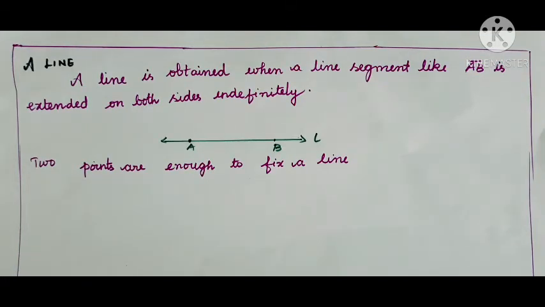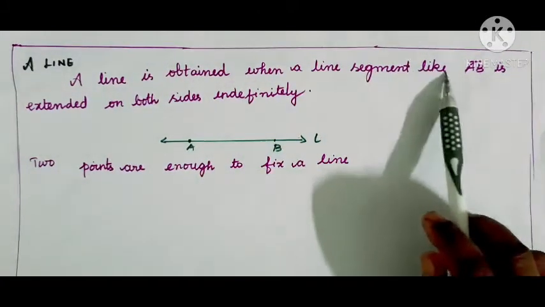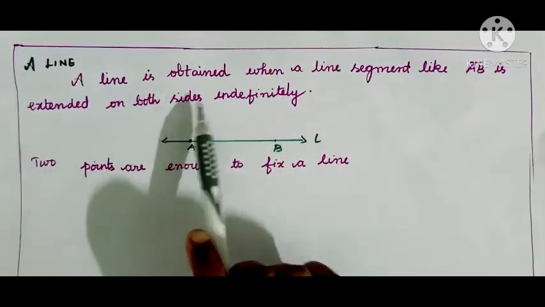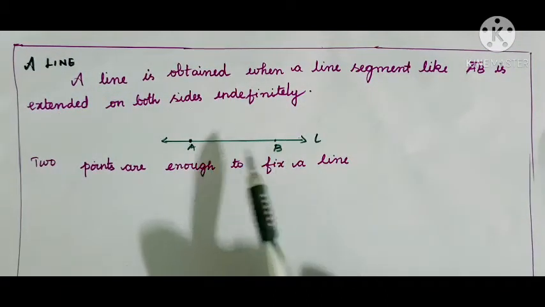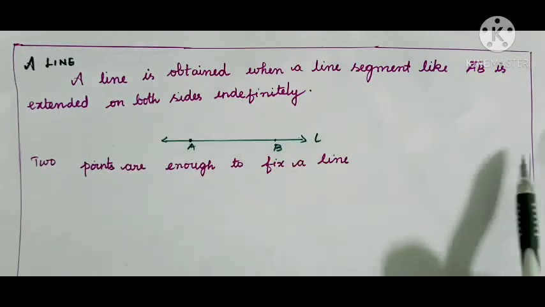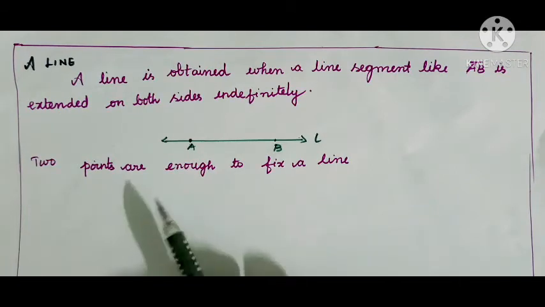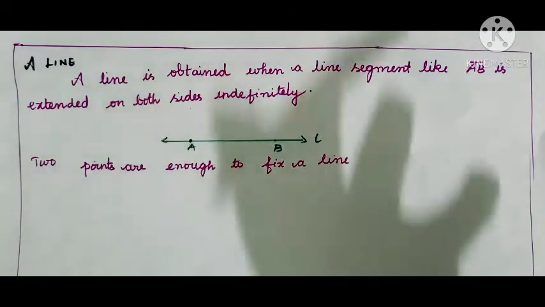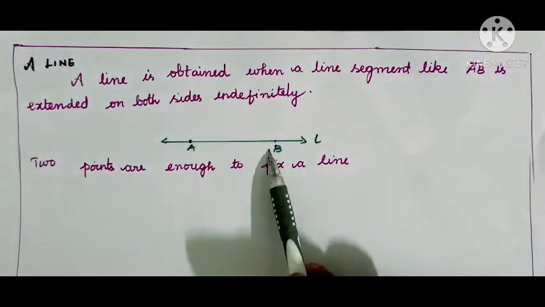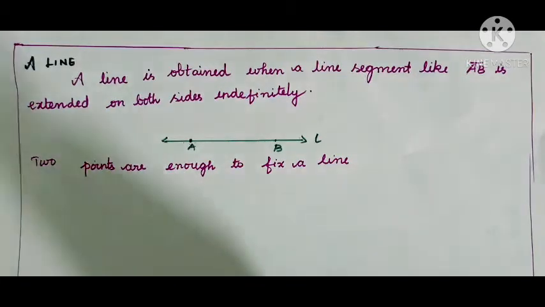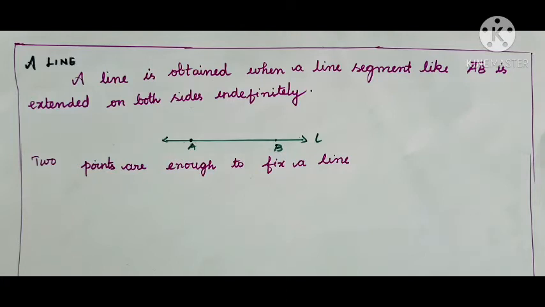We are going to see about line. A line is obtained when a line segment like AB is extended on both sides indefinitely. So AB is a line segment, you know that. After that, you can extend it in both directions. That is called a line. Understand? So 2 points are enough to fix a line. The line is obtained when a line segment AB is extended on both sides indefinitely. Indefinitely means it does not have any end point. Understand? So for example,